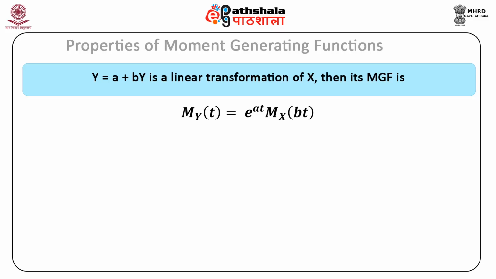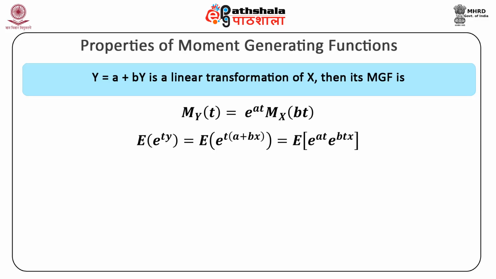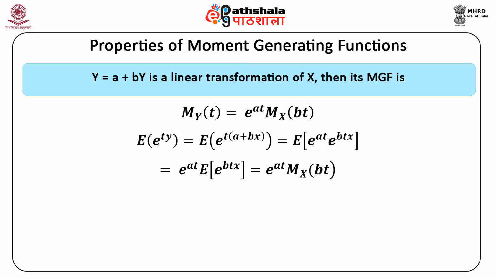If y = a + bx is a linear transformation of x, then its MGF is M_Y(t) = e^(at) M_X(bt). Since E[e^(ty)] = E[e^(t(a+bx))] = E[e^(at) · e^(btx)], which is equal to e^(at) E[e^(btx)]